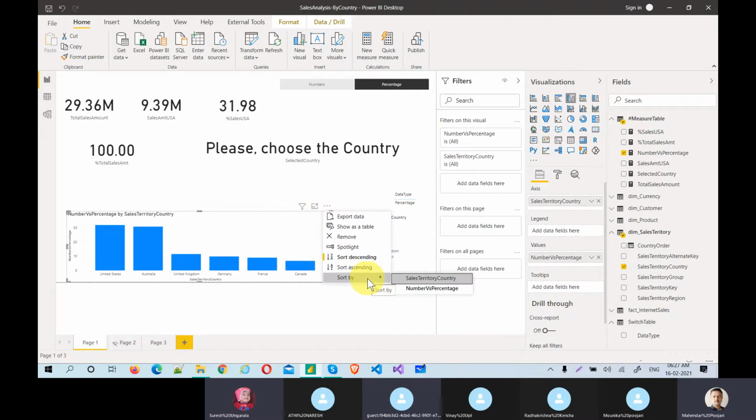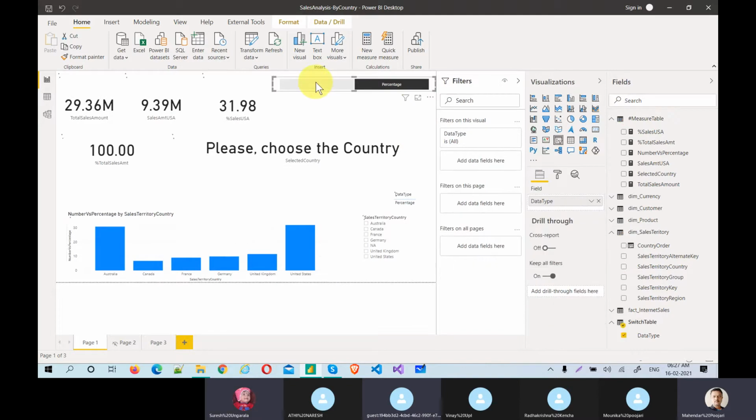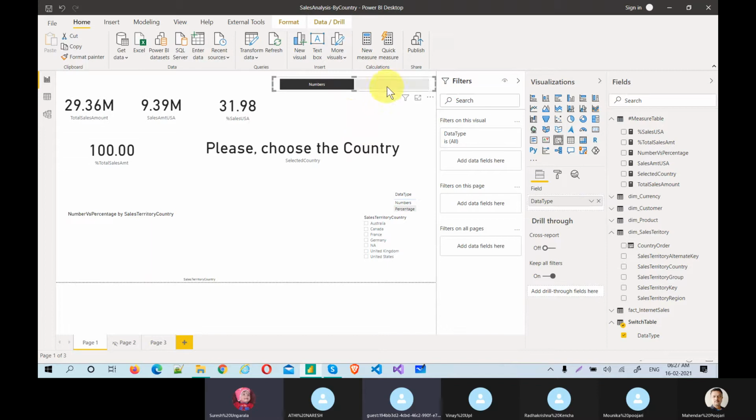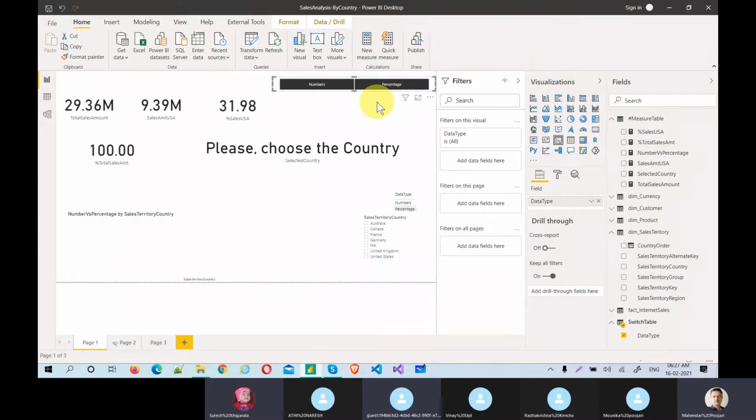I can sort by sales country, sort by country name, descending. Now let's see why this percentage is not working. So this is a percentage. Numbers percentage, this is a number. But if I click on the percentage,